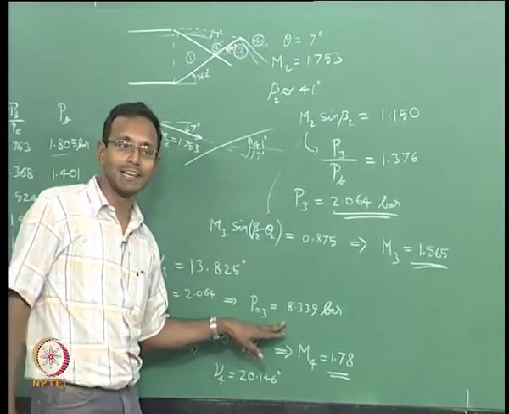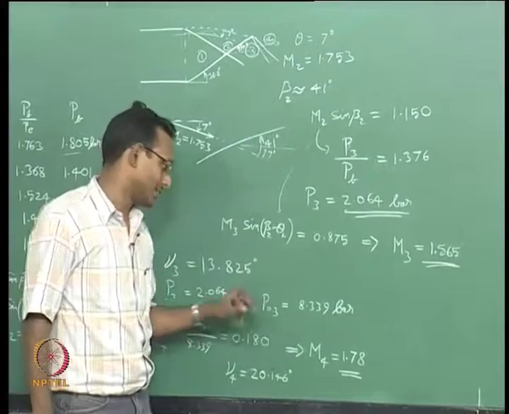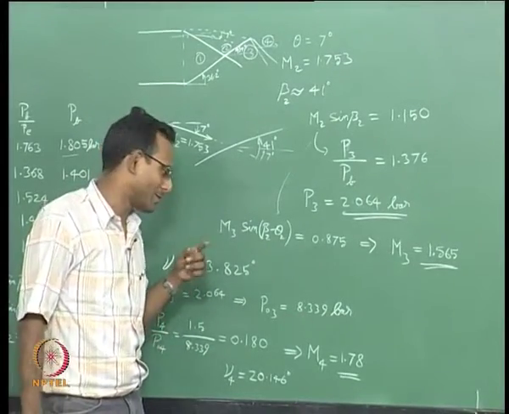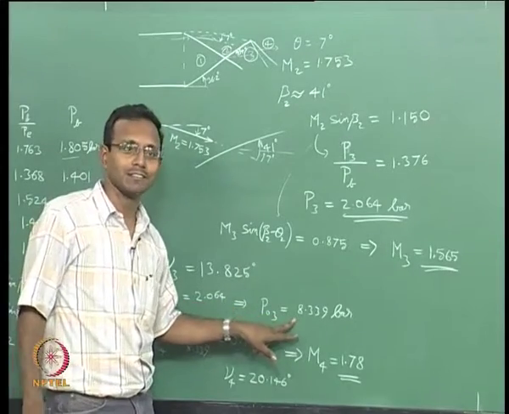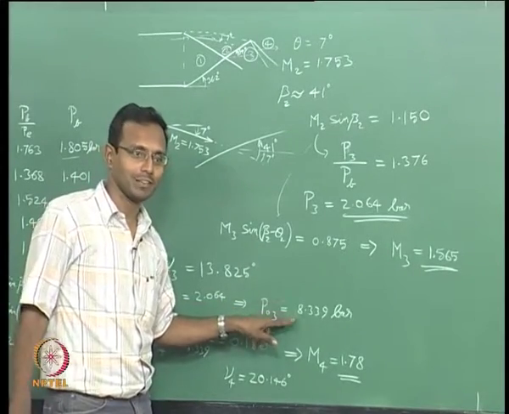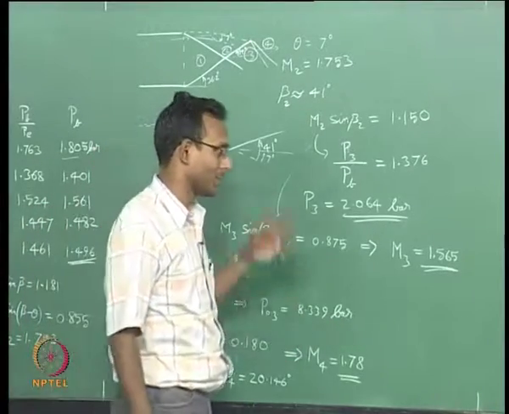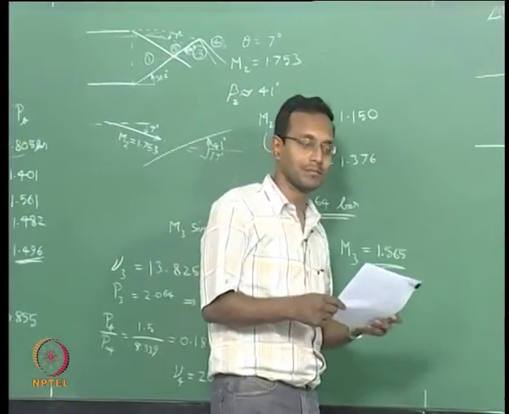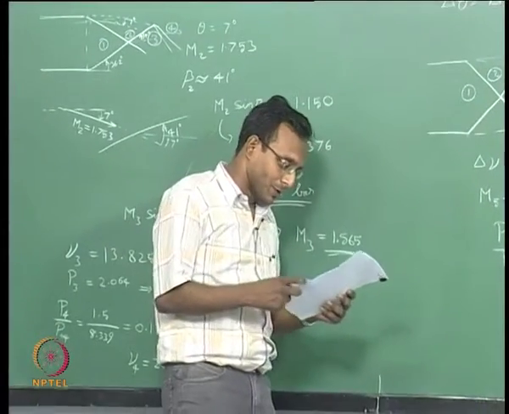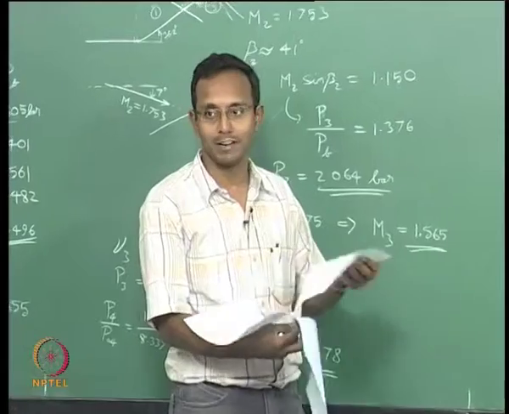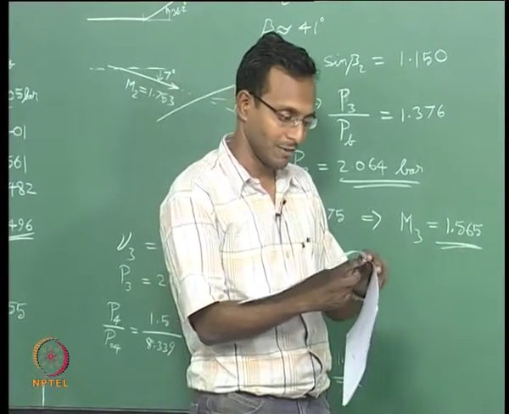It should actually be slightly less than 8, because each oblique shock will decrease the P naught by a small amount. I was wondering why it was dropping from 80 to 8. It cannot drop from 80 to 8. 8 to slightly less than 8 is what I expect. Maybe it should be 7.9, 7.8 kind of number. But because of these small errors, it is blowing up to some higher number currently. Yeah, I have rounded off in the wrong direction.